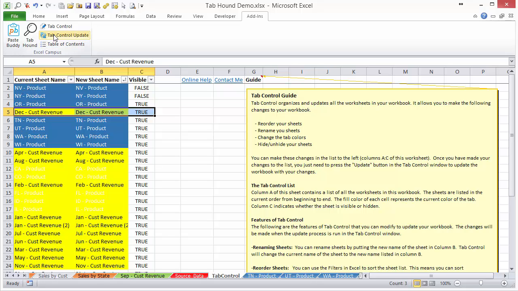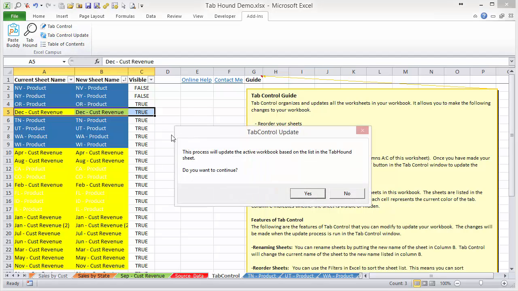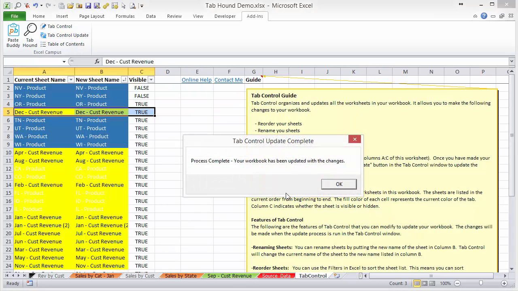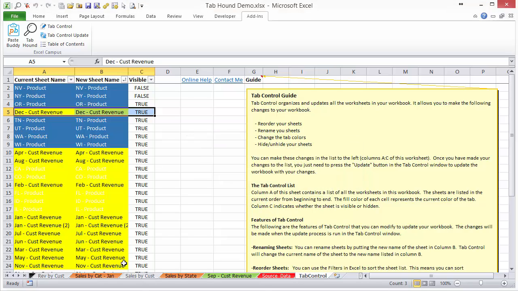And again, once you make all your changes, you just click the Tab Control Update button, say yes, and then those changes are quickly made in the workbook. And so now if we go to the front of the workbook, we can see we have